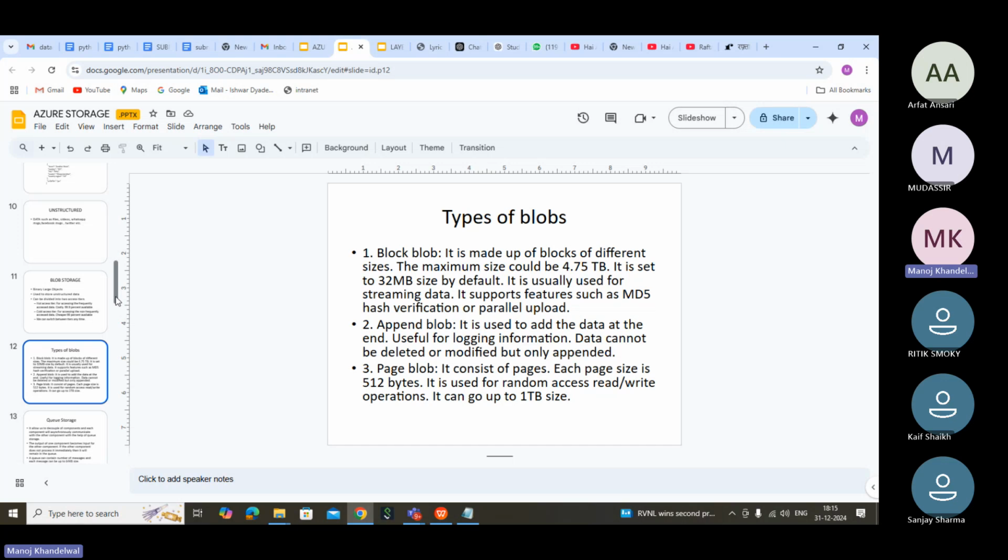You are not understanding that data is made up of number of blocks. One block can be 4.75 TB. But if you put one more block, again it will be 4.75 TB maximum. There will be many blobs, and at least the data which is there in the block is together.